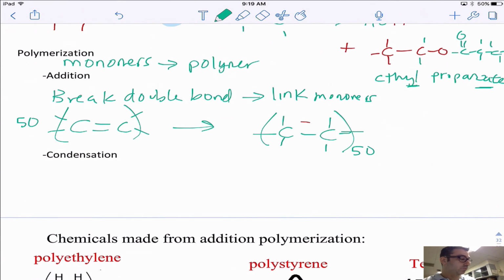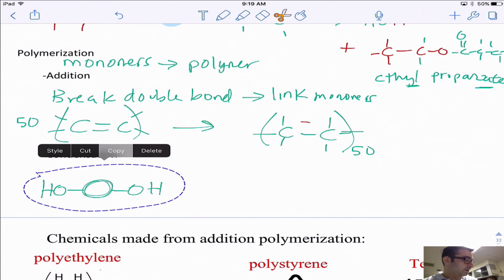Condensation is where we remove water. So we need to have some oxygen-hydrogen groups on there. So we would have something like this. I'm just drawing like, so we'd have something like this group right here, and then we would have repeating units